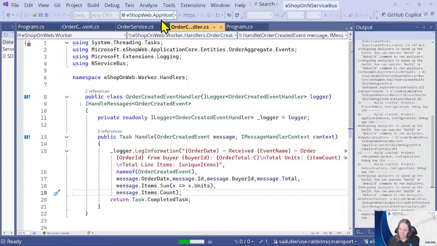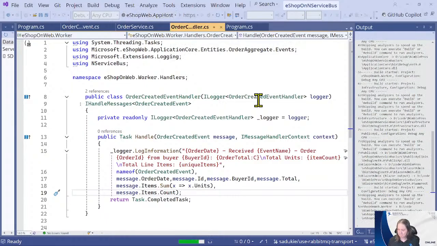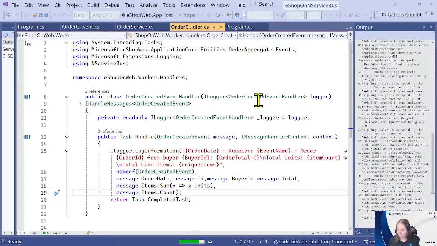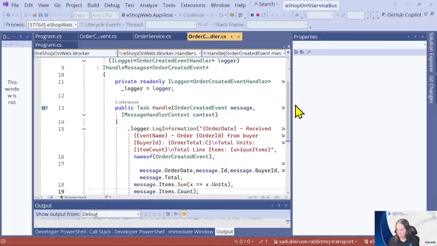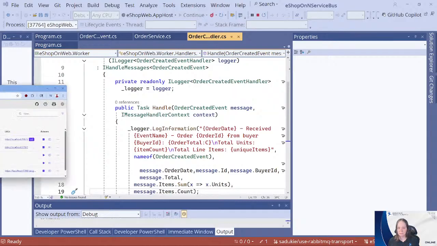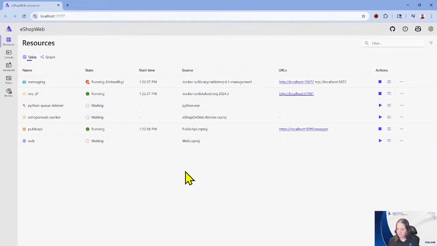You can tell I'm running it with Aspire because I've got the app host set. From here on out, I'm using Aspire because it's just here.